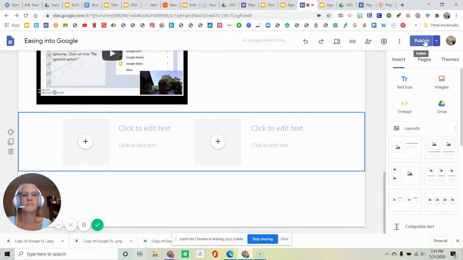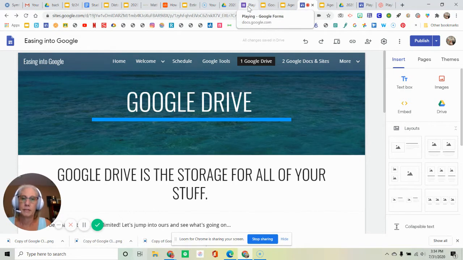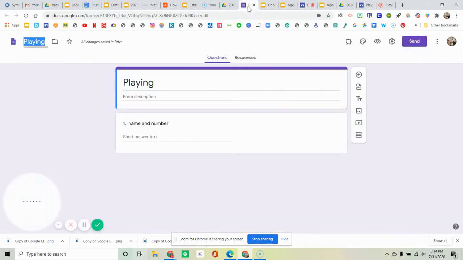It's kind of like that save mode, but that allows you to work in sites and make changes while other people have access to it, and you're not ready for them to see it yet. So it's a really cool thing. You can still work in it and nobody sees anything until you hit publish. So sorry, we're talking sites here. We're talking that one. I'm now going back to forms, but I just remembered that I forgot to share that